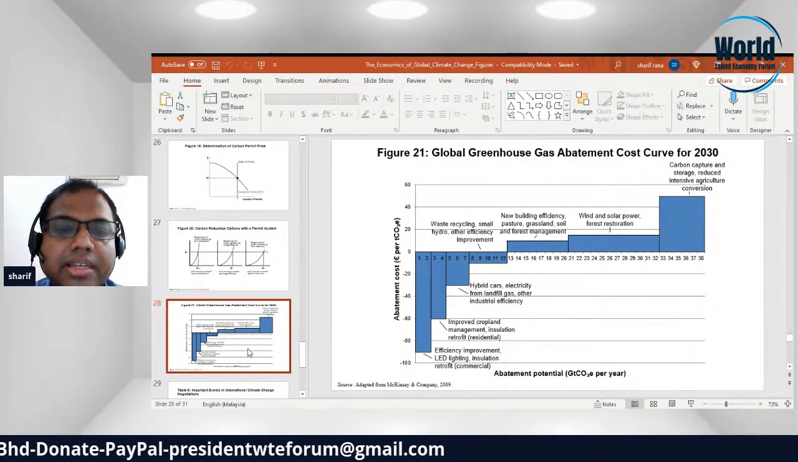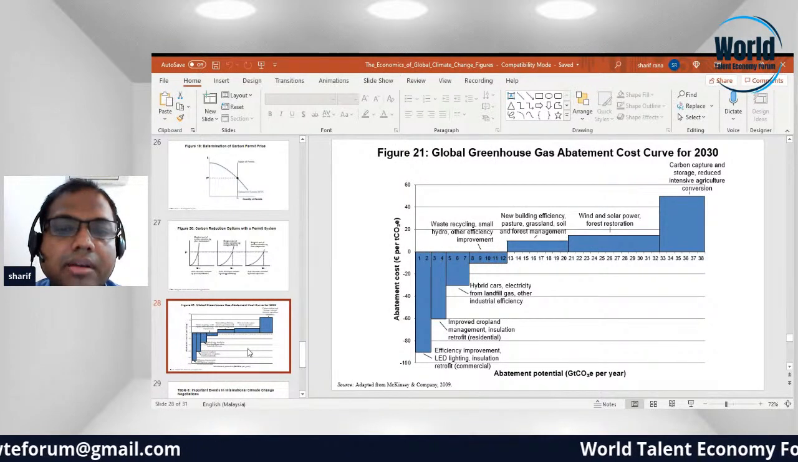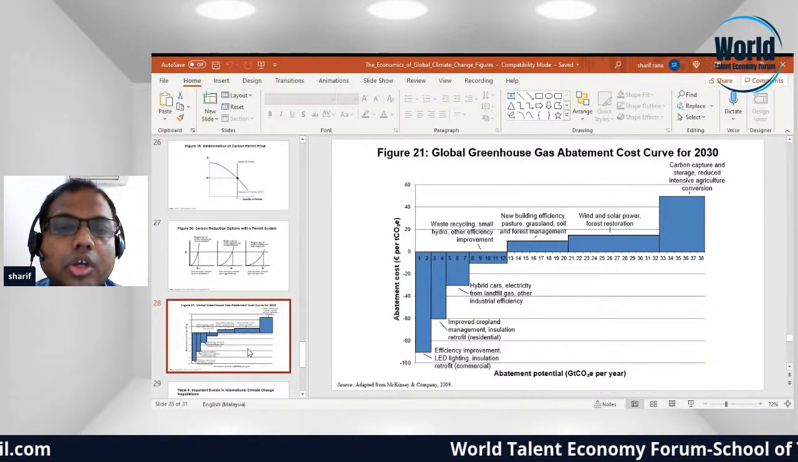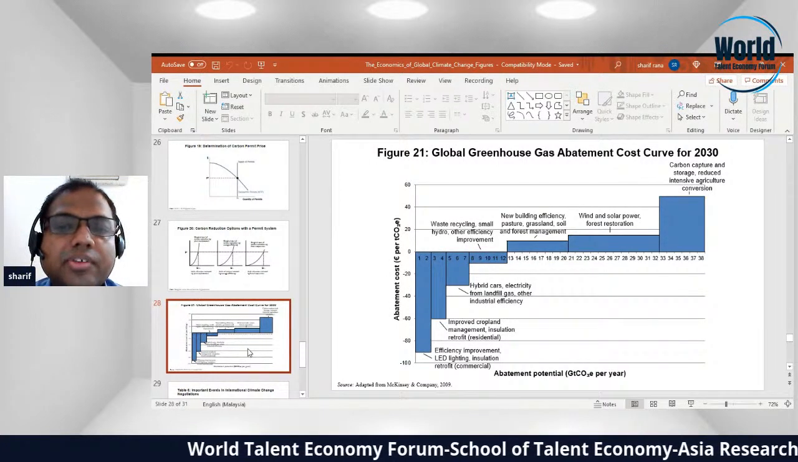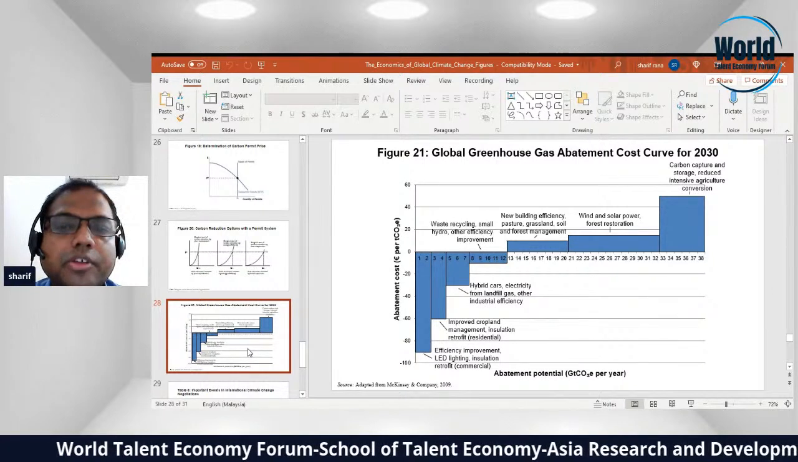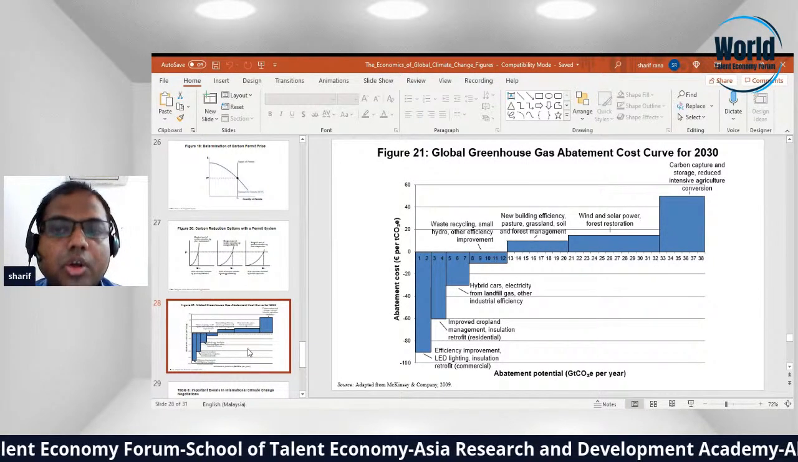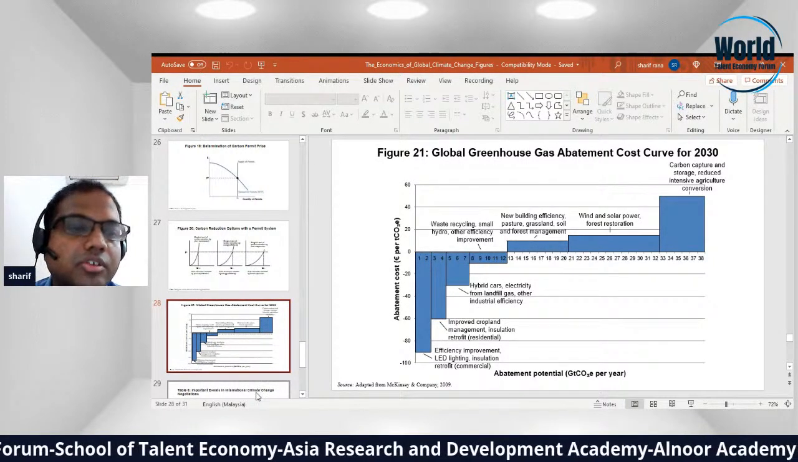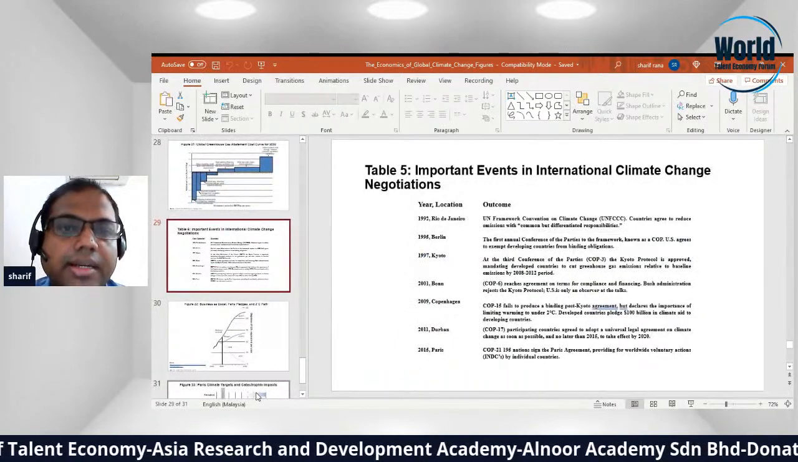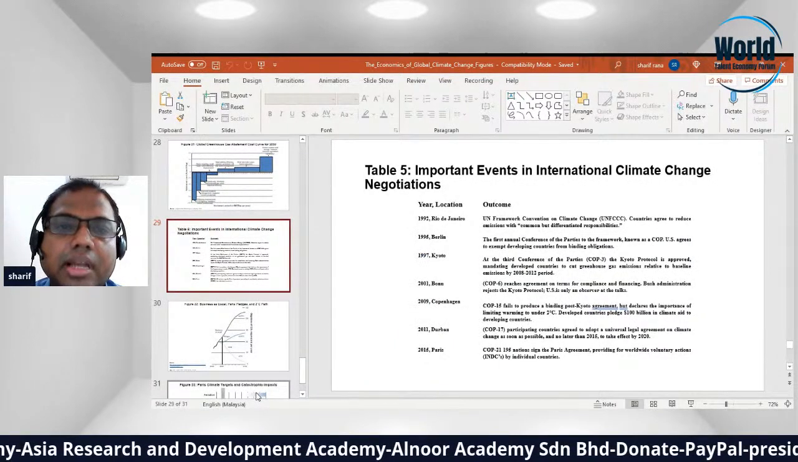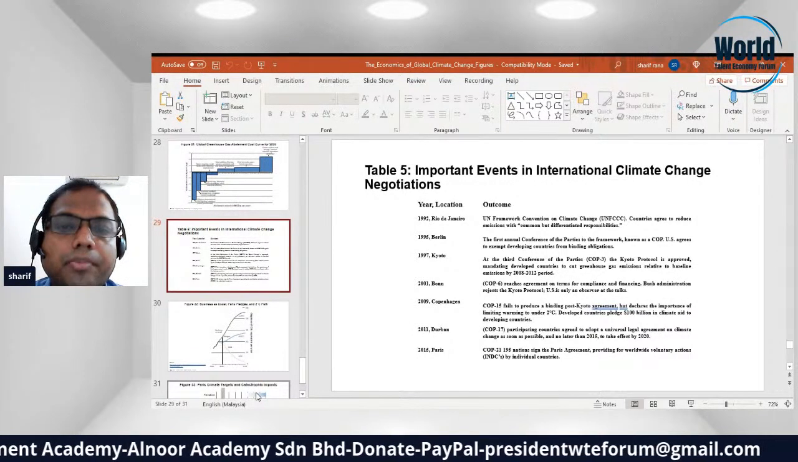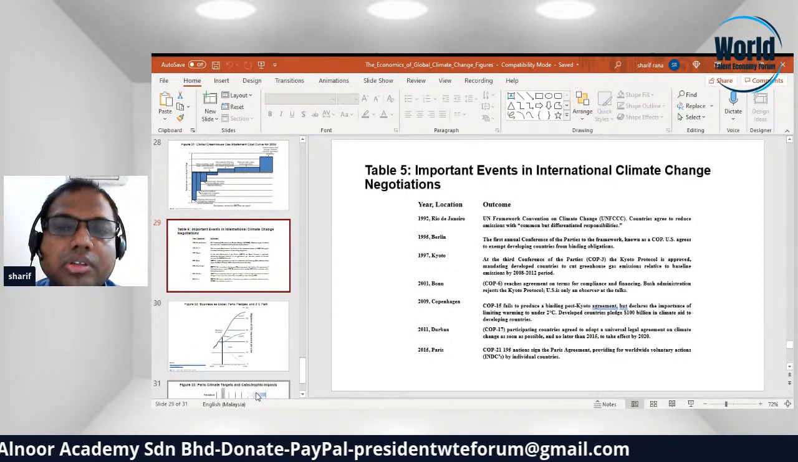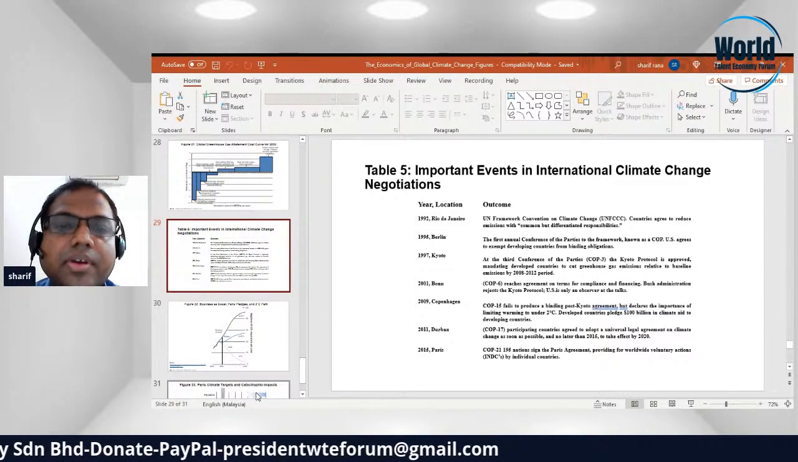Efficiency: improve LED light, improve expansion management, hybrid car, electricity from blast gas and other industrial efficiency, waste recycle, small hydro, other efficiency, improve new building efficiency, pasture, grassland, forest management, wind and solar power, forest restoration, and improve events in international climate negotiations: